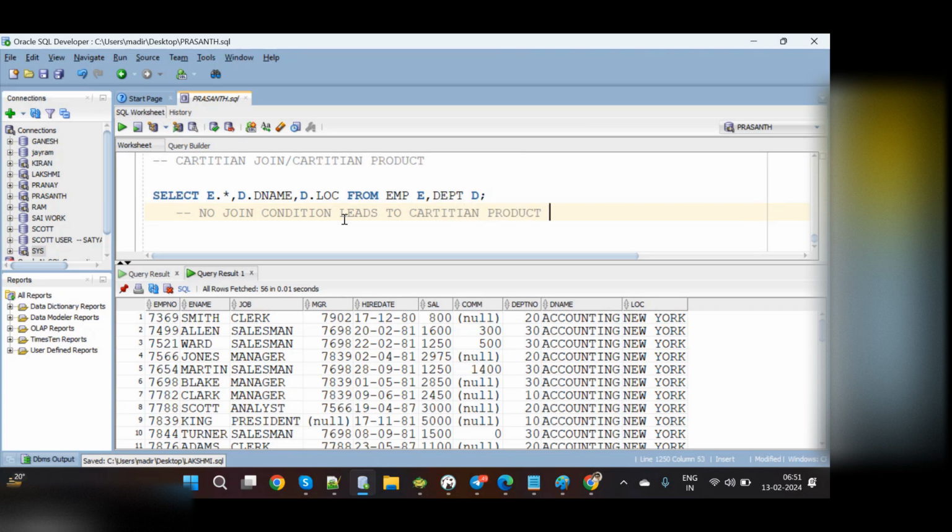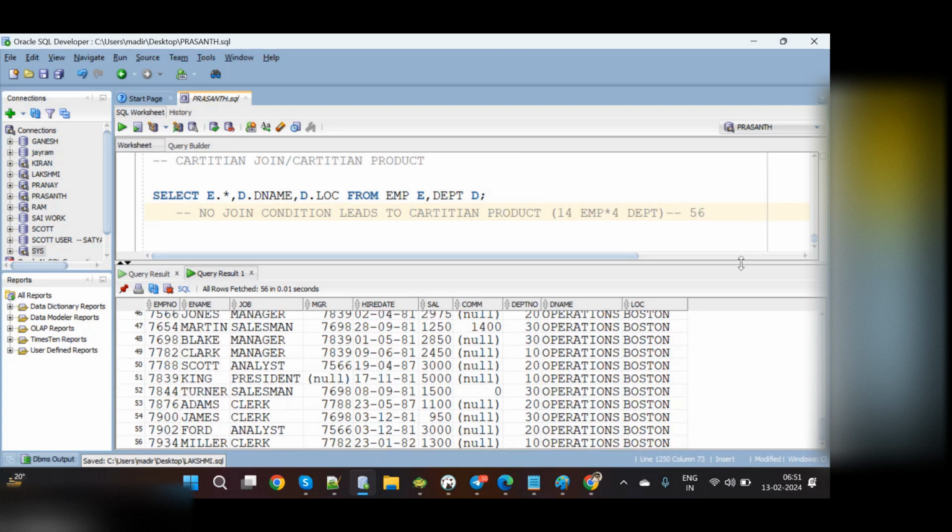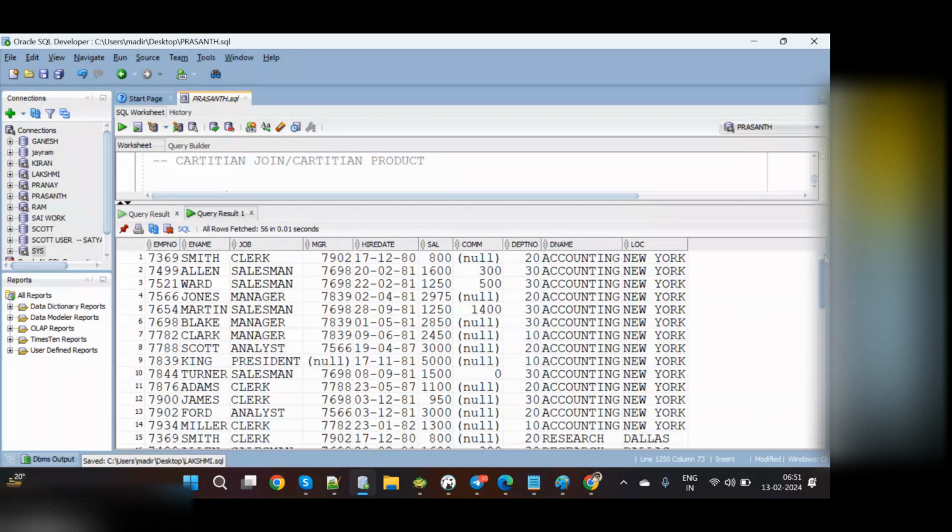That means it is going to give 14 records in the employee table into 4 records in the DEPT table. So total, how many records are you able to see here? 56 records. But here we'll have the correct data of only one record for each,